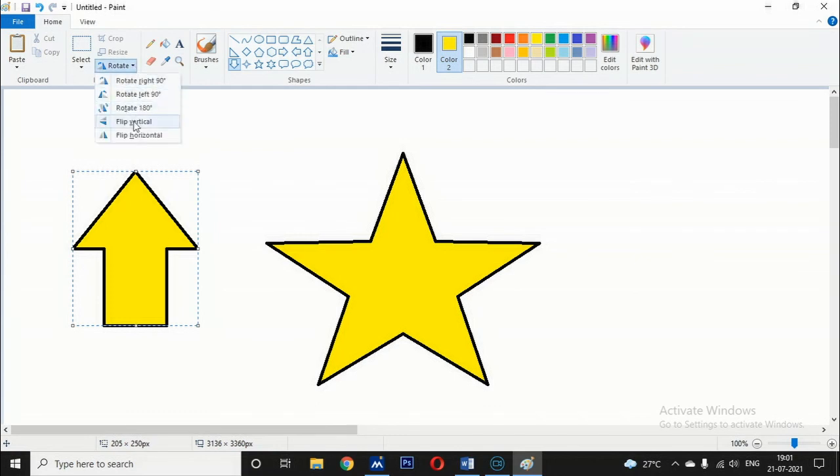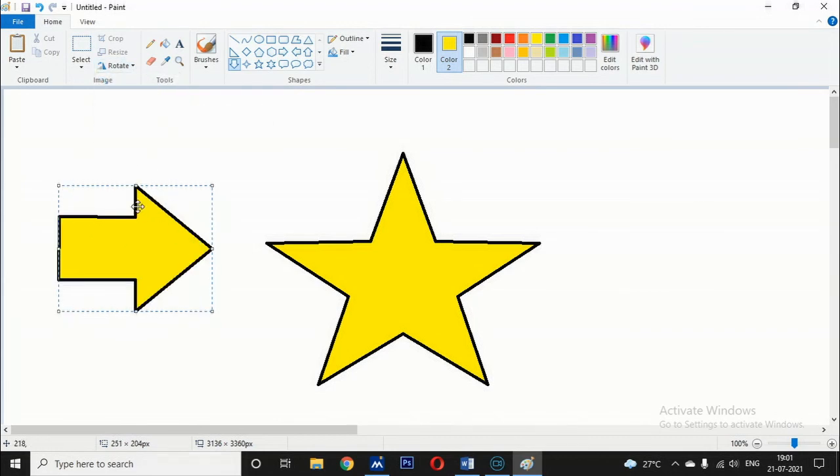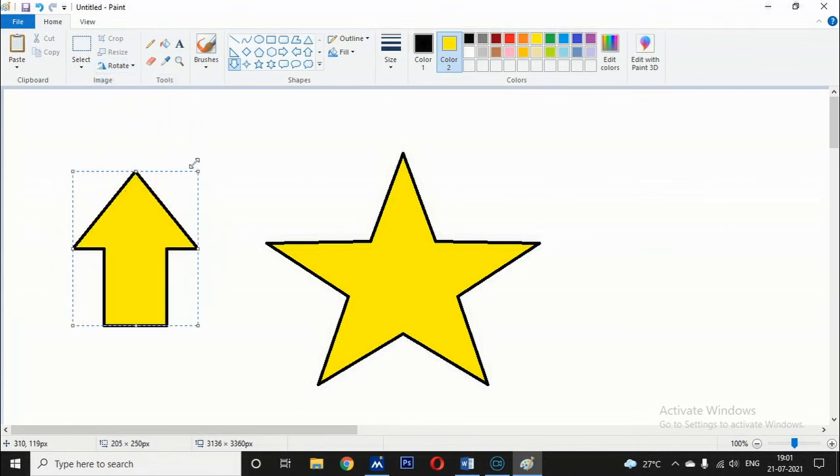If you flip vertical, it comes like this, and flip horizontal, it's already in a horizontal position. Rotate left means it rotates left 90 degrees, and rotate right means it rotates right 90 degrees.